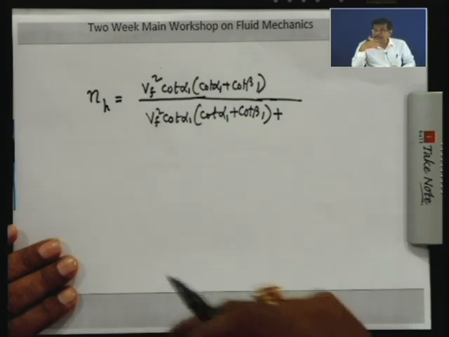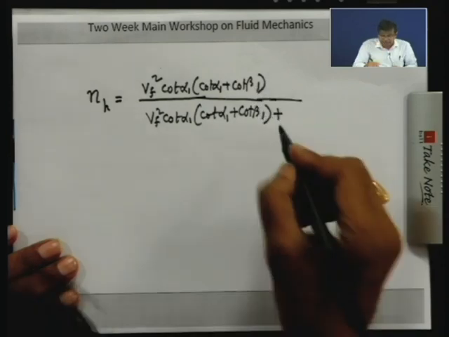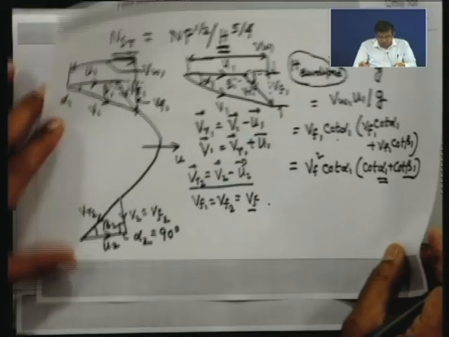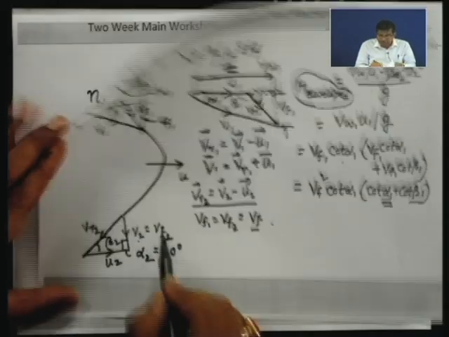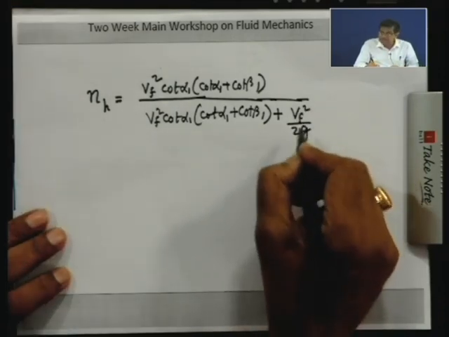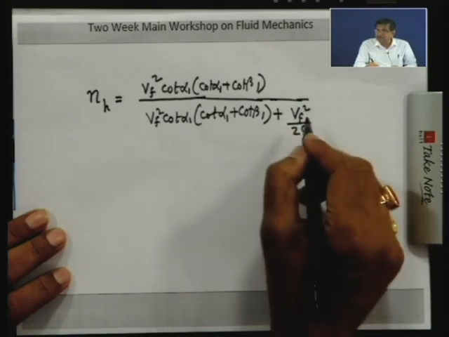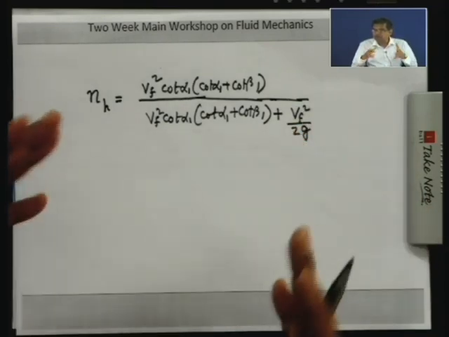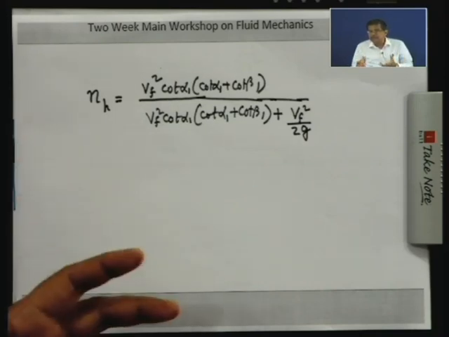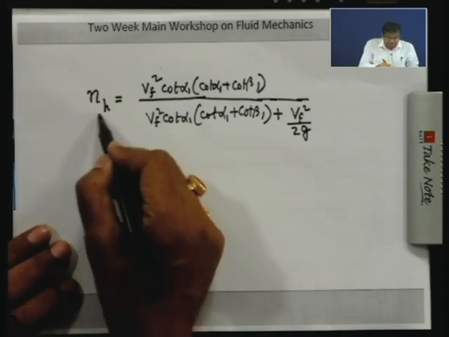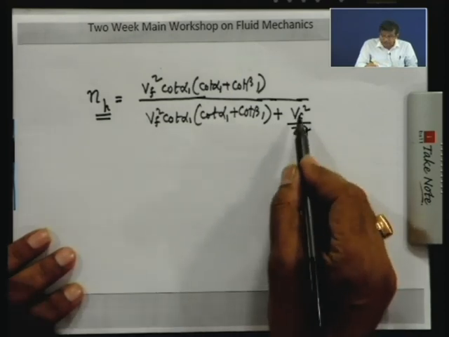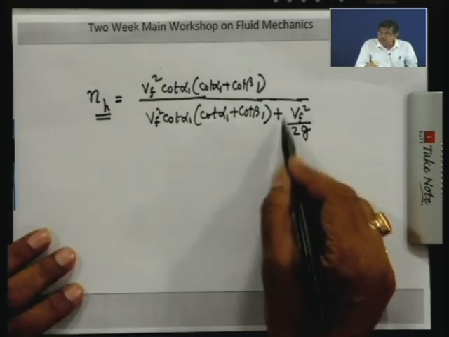compared to the kinetic energy loss at the outlet of the runner, then we write the kinetic energy at the outlet of the runner as V2 square by 2G, and V2 is Vf2, which is Vf, so I can write Vf square by 2G. Now here you can ask me, sir, it is not the actual loss to the turbine, because the turbine actually has a draft tube, and through the draft tube when it is rejected at the tail race, the velocity is very less. So that is wasted, but when you consider the hydraulic efficiency of the runner or the blade, then you have to take care of Vf square by 2G as the loss,